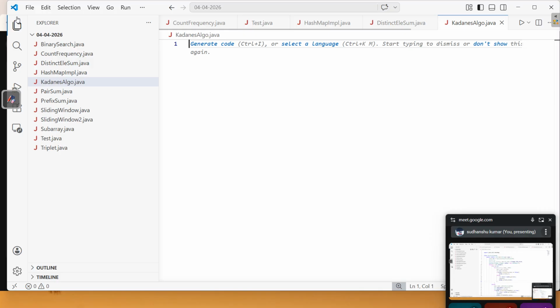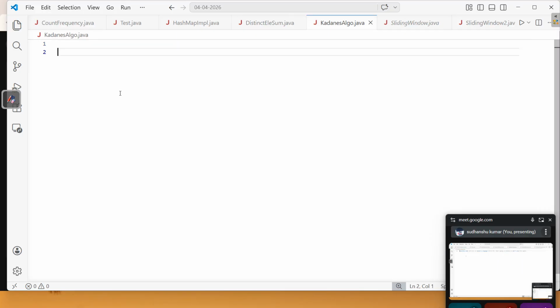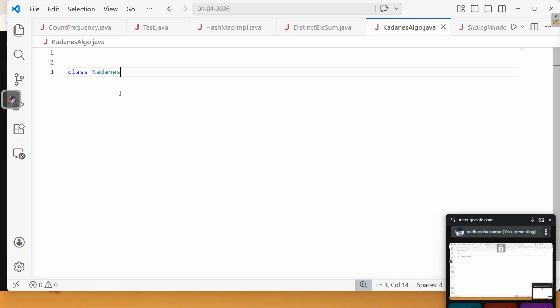Here, please have a look. It's just 3 lines of code, so I don't think it should take much time for us. Then let's have our main method. Let it load Java first.